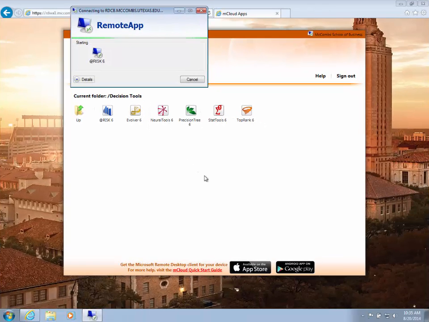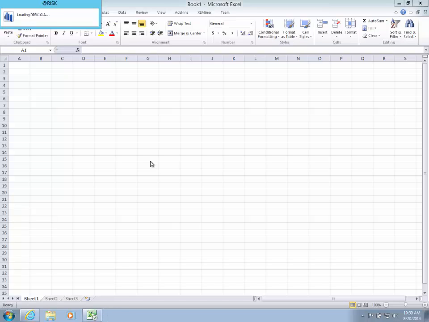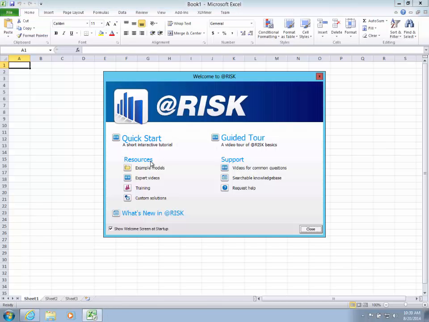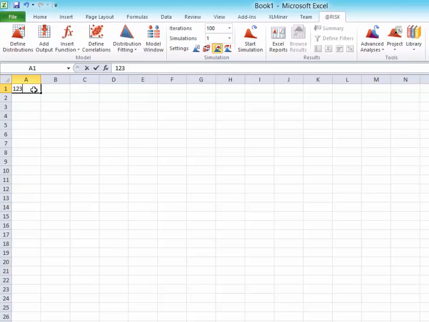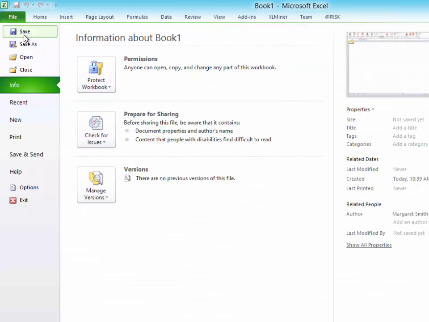Once your application loads, in this case DTools, it appears to run on your own computer even though it is actually running on a server at the UT data center. I am just going to enter some simple data here, 1, 2, 3, and show you how to save and open your own files. To save a file, just go to the File menu, like you normally would, and click